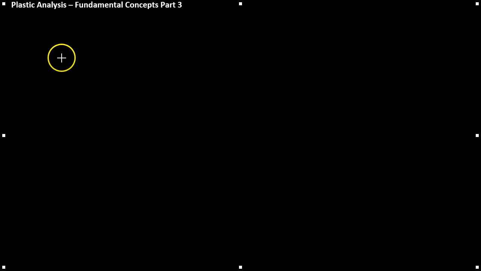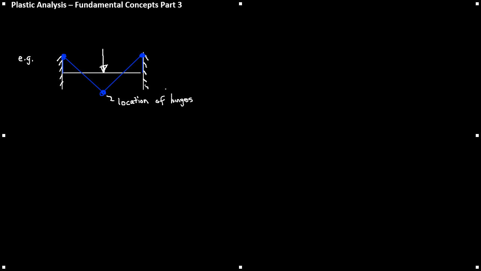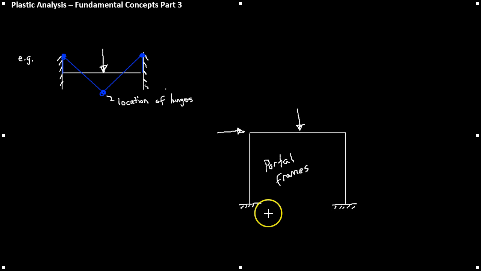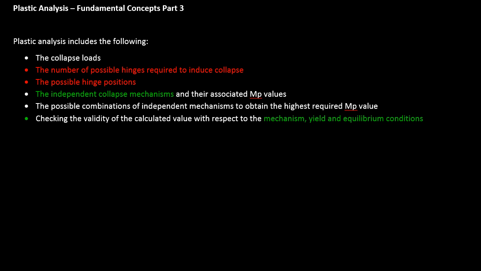So, in the last video we were determining where hinges occur in beams. We touched upon partial and complete collapse of beams, and we'll be taking this further in this video as we begin to look at portal frames. Before we get our teeth stuck into it, let's just remind ourselves of what the plastic analysis of beams and